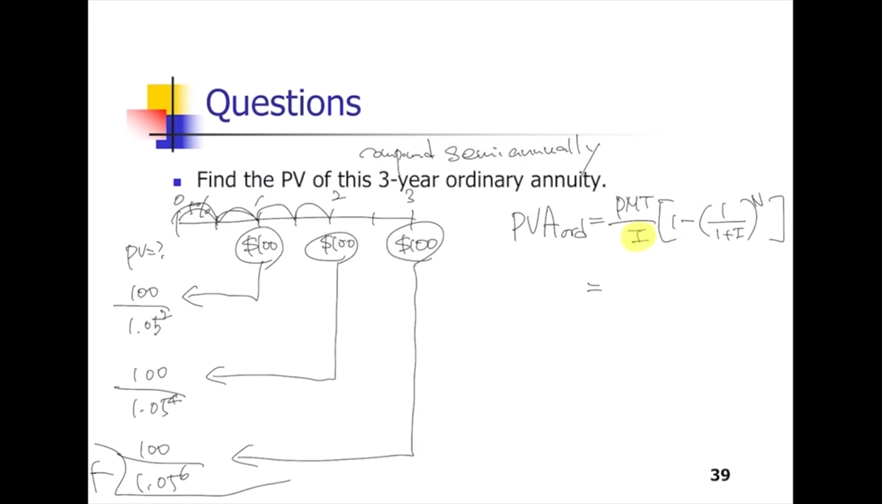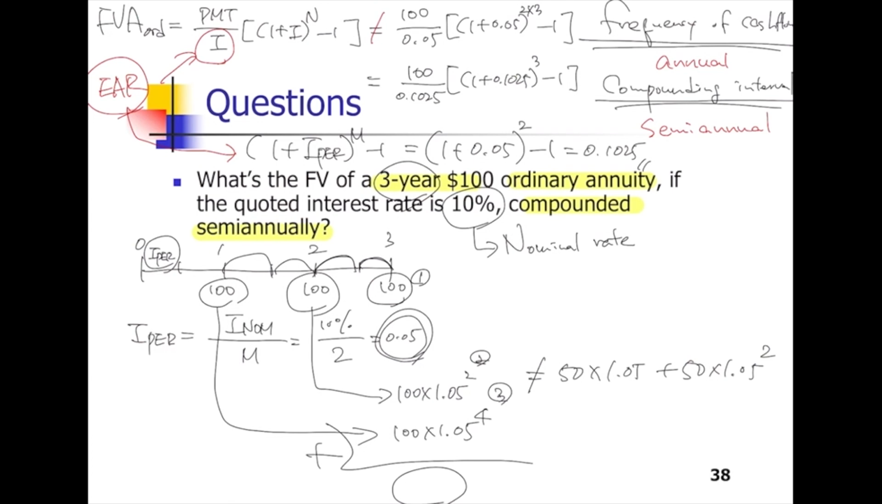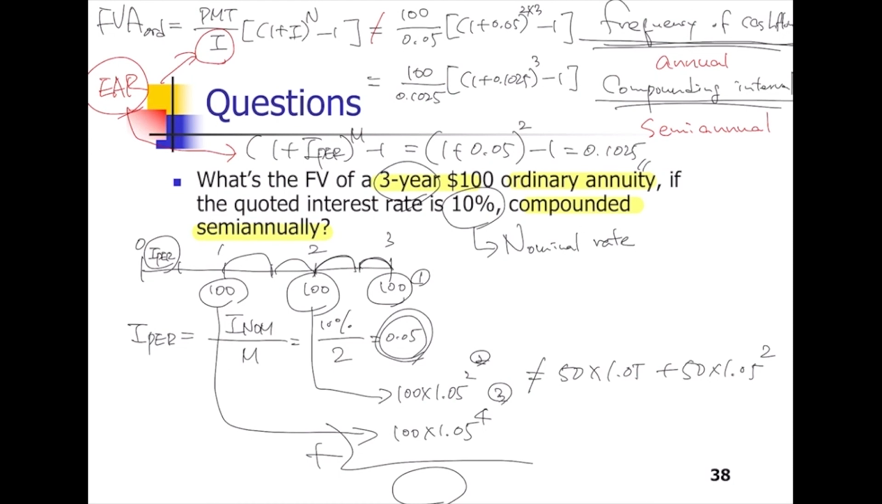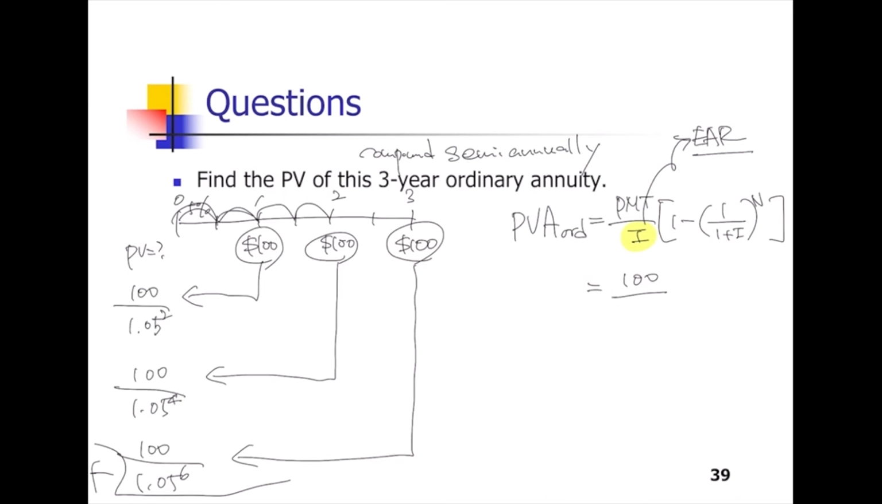What is I here? It's EAR. As I mentioned before, we have annual cash flow frequency, but the compounding interval is semi-annual, so we should make it the same as the frequency of cash flow. So the I is EAR. We already calculated this EAR, right? So input the payment. The EAR was here, right? So write down